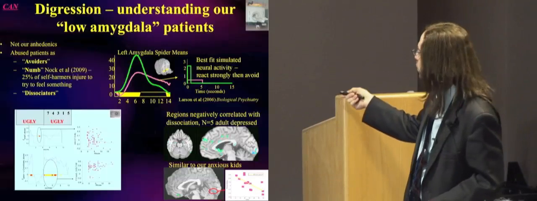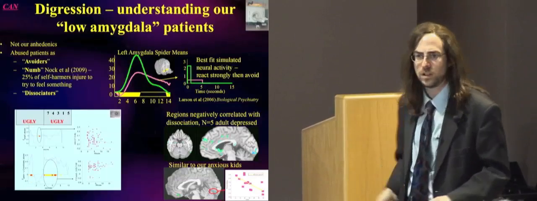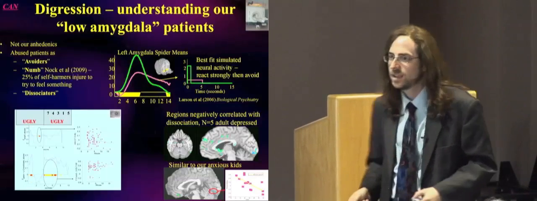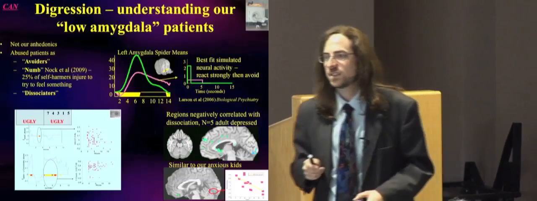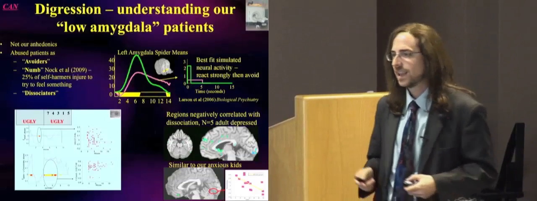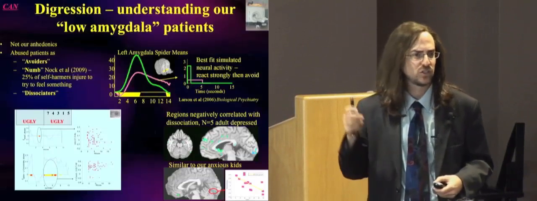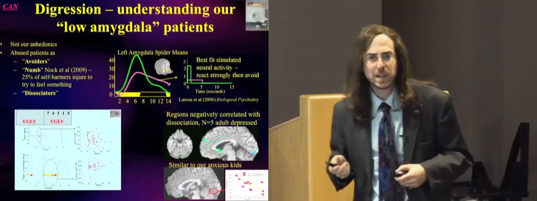People who scored highest in dissociation had low amygdala activity, and low activity kind of anywhere we looked. That was interesting. But that was 5 patients, and I would never trust that. Same time I started giving it to my anxious kids, I have them coming through at a higher rate. And so I just had scanned their brains, showing them threatening faces, and said, what's happening for my kids who